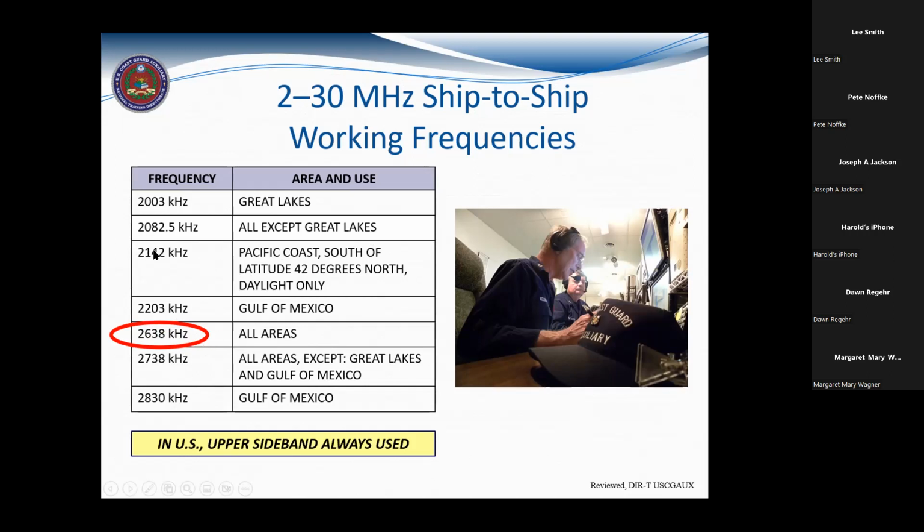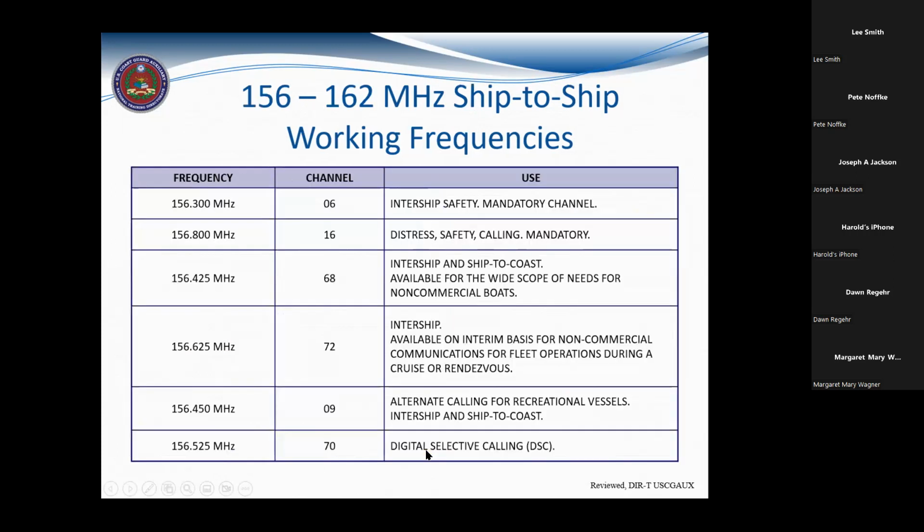They don't show the Coast Guard. If you were talking to the Coast Guard, you would go to 2670. But since we aren't using HF, that's not a real problem. Of course, these are all upper sideband frequencies now. In the VHF band,